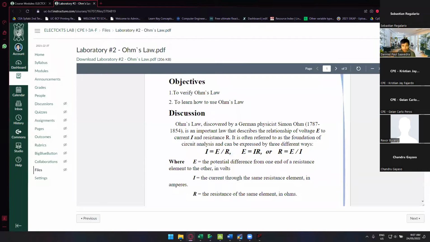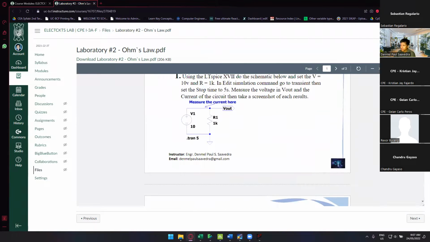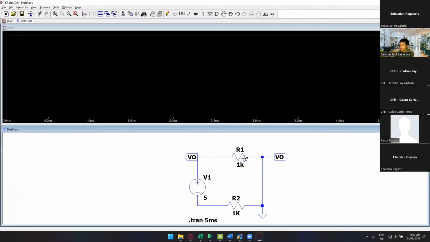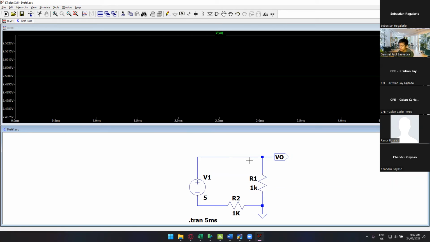How many minutes do we have left? 2 more minutes. Measure the current here. We have that. There you go. So I think it's because of the